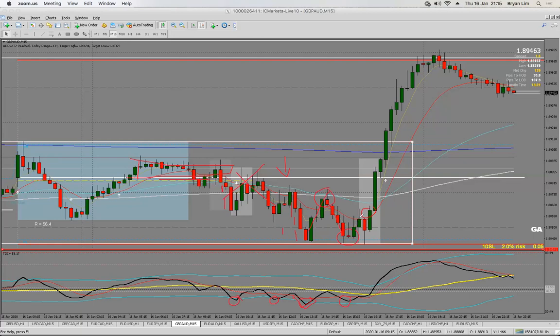So would you have entered here? No, because this is not above the 13. Why would you enter there? That's below the 13, right? So price came. That's very important. There's a big reason we have these rules, so you don't trade shit. Because if you entered here, you would have been scared because price would have dipped all the way back to the low. If you placed your stop loss there, you would have been stopped out. But if you waited for a clean close above the 13, then you take your trade,